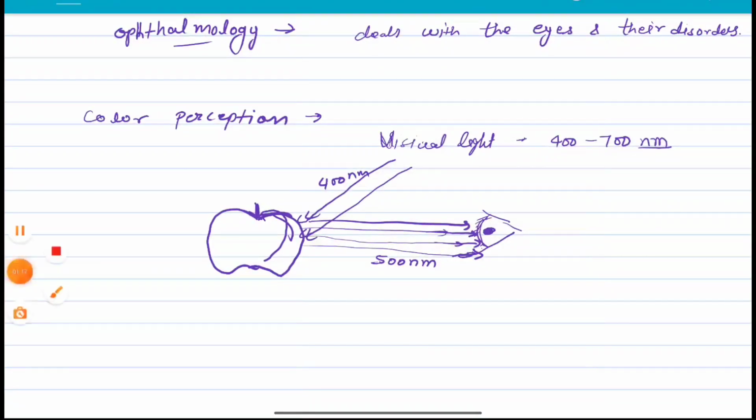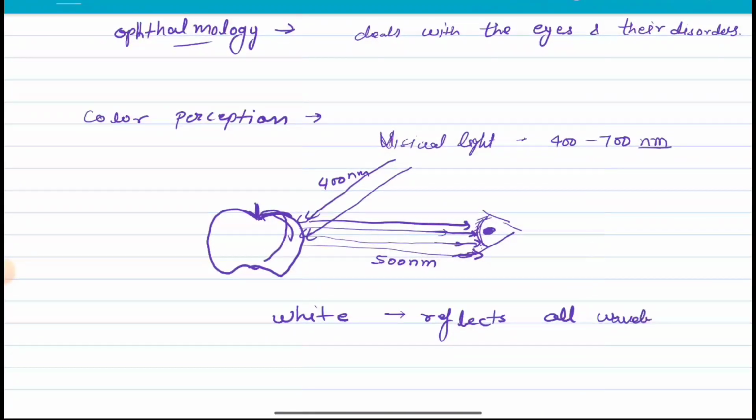And if you talk about an object appearing white, it is when it reflects all wavelengths of visual light. And an object appears black when it absorbs, we can say, all